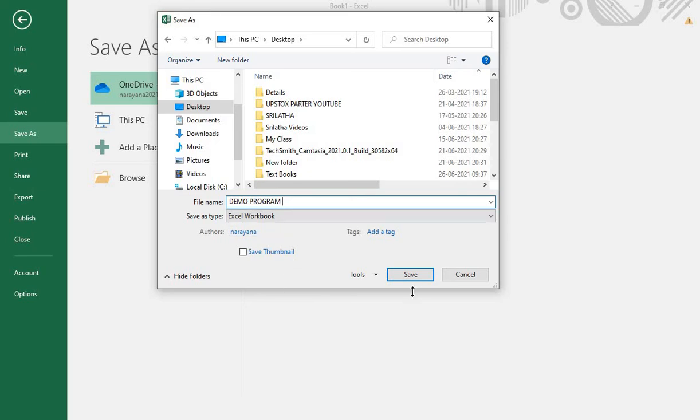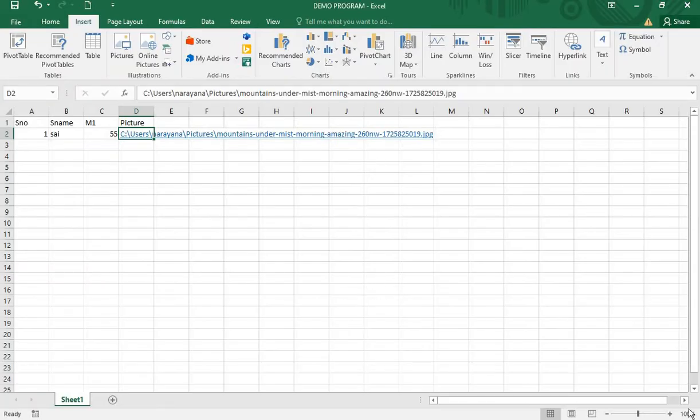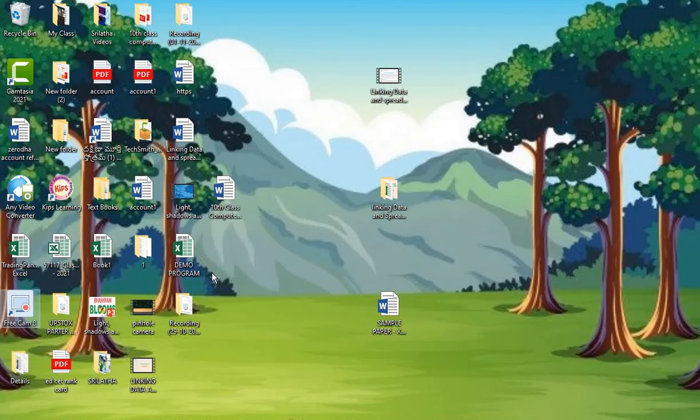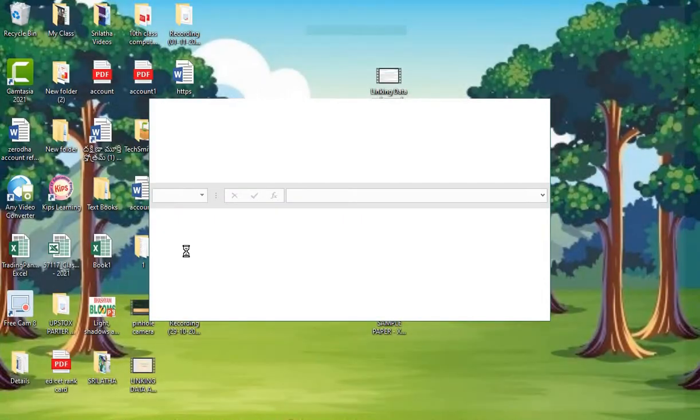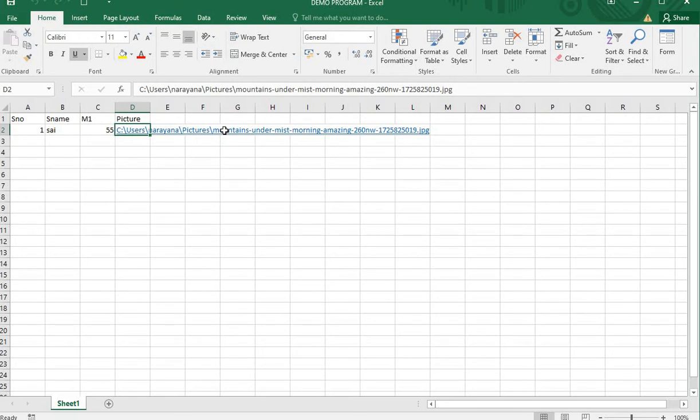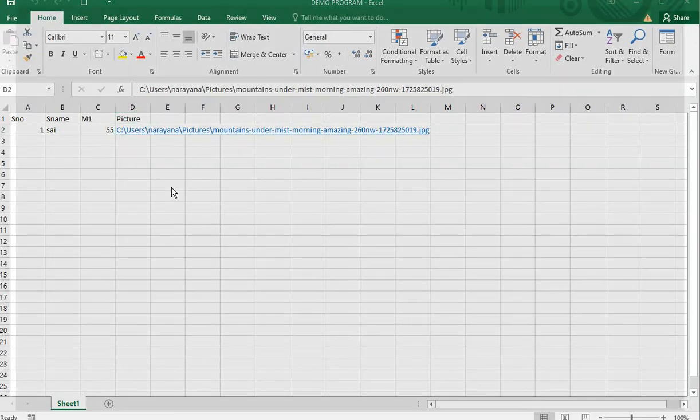Okay. Now I am clicking on the save button to save this file. See here, here is the file. Now I am clicking on that file to open it. Okay. So if I click on that one, then it will open the picture like this.